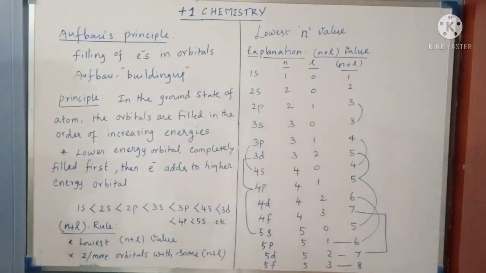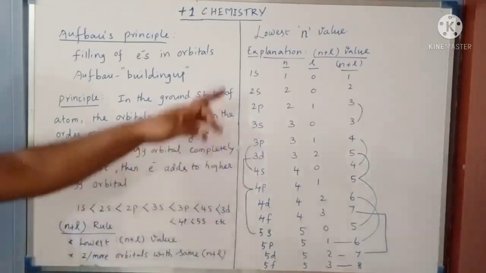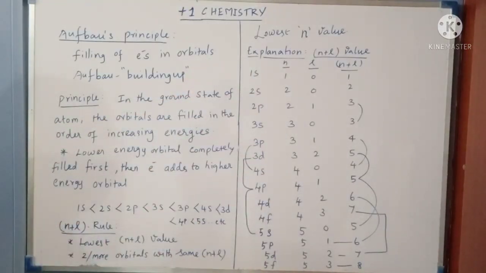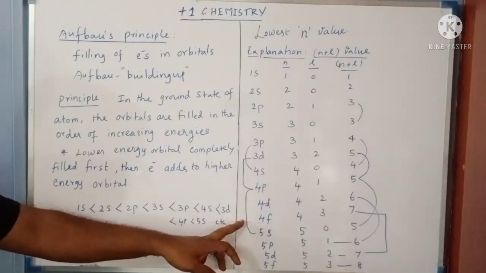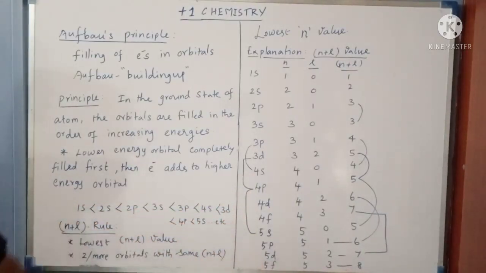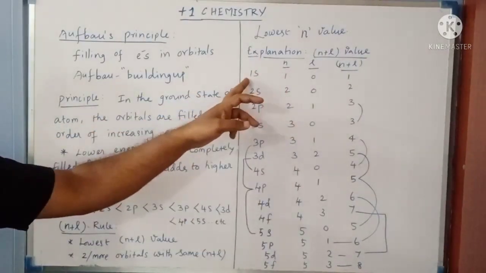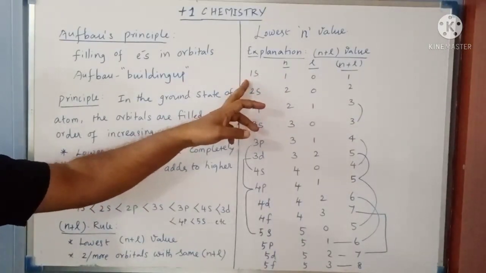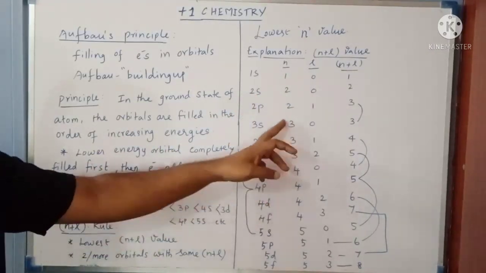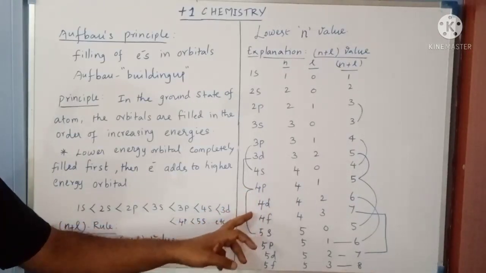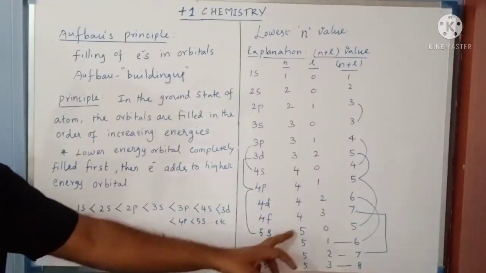Okay, so I just explained how electrons are filled in various orbitals based on the n plus l rule. I have written orbitals of various shells from the first shell to the fifth shell. 1s, 2s, 2p, 3s, 3p, 3d belong to the third shell. 4s, 4p, 4d, 4f belong to the fourth shell. 5s, 5p, 5d belong to the fifth shell. And I have written the principal quantum number value also. The principal quantum number is nothing but the number we write just before that orbital, isn't it? 1s has principal quantum number 1, likewise 2s, 2p have 2, the third shell has principal quantum number 3, then 4s, 4p, 4d, 4f have principal quantum number 4, and likewise for this it is 5.